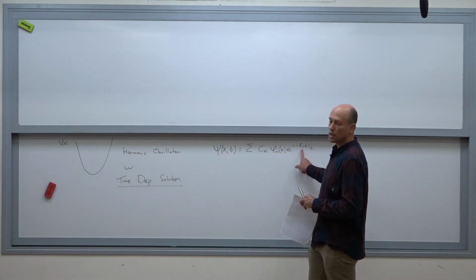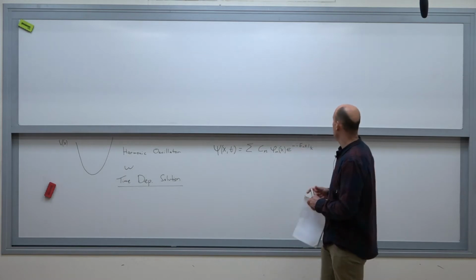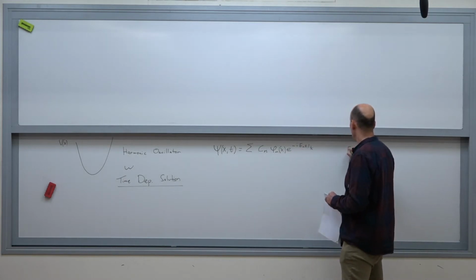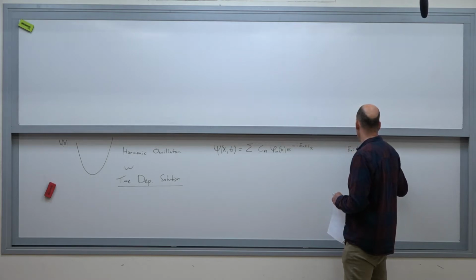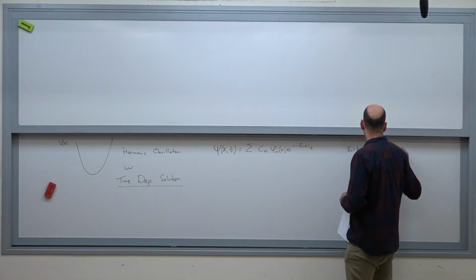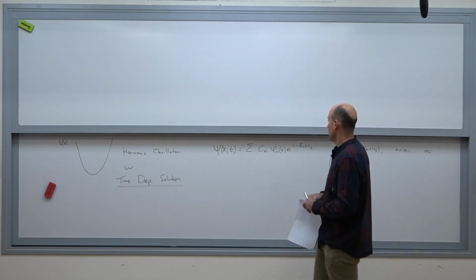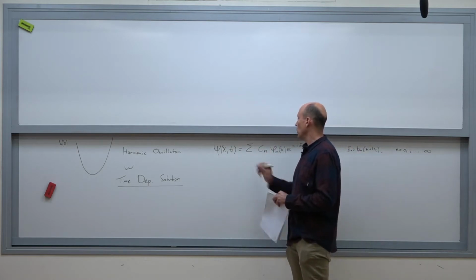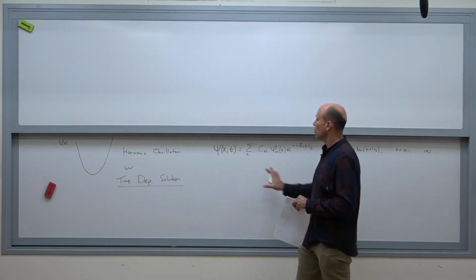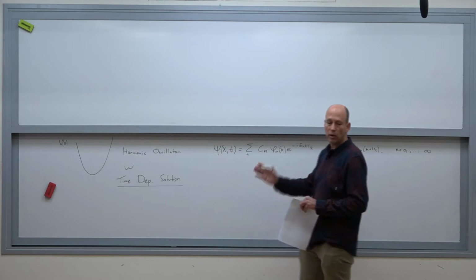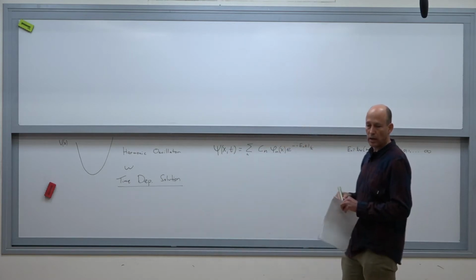The energies are the energies of the harmonic oscillator, En = h omega (n plus half), and here n goes from 0, 1 till infinity. These are the quantum numbers. This is the usual decomposition of the wave function at time t